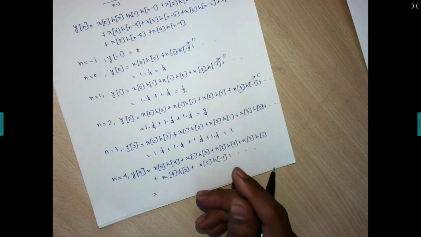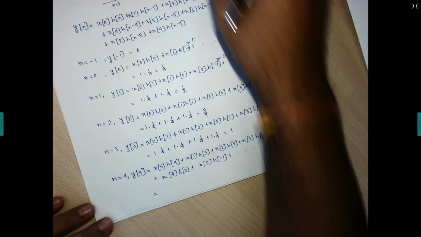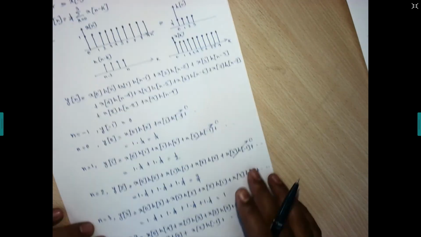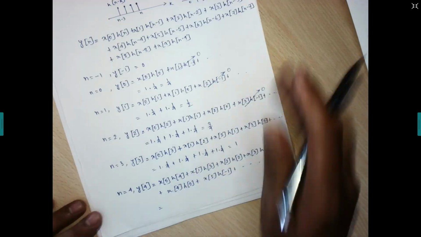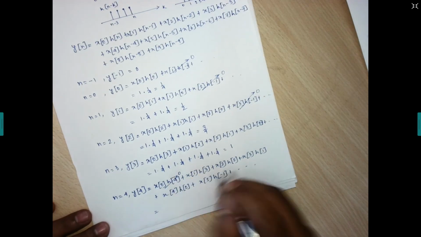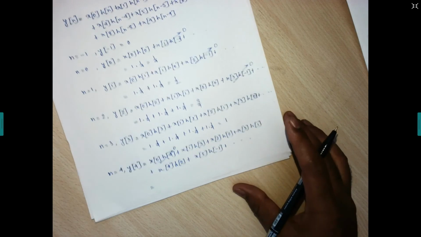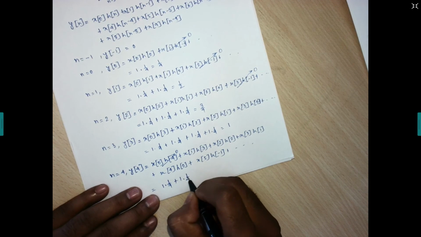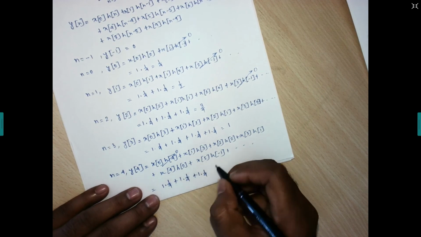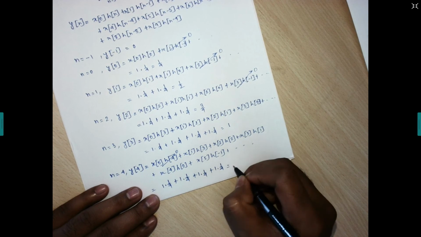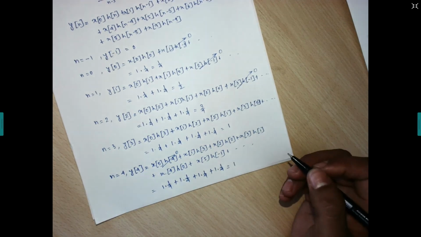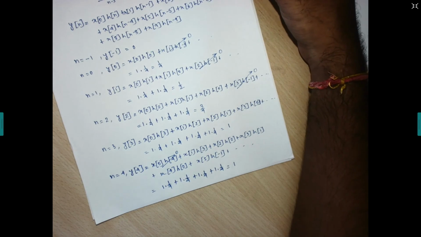So if we go with x of 0 and h of 4, there is nothing at h of 4, it is up to h of 3, right? So this value will also be 0. So we are having h of 3, h of 2, h of 1 and h of 0. So 1 into 1 by 4 plus 1 into 1 by 4 plus 1 into 1 by 4 plus 1 into 1 by 4. So this results again into 1, right? So up to how much we are having this 1? Because on the hn we are having only 4 samples.